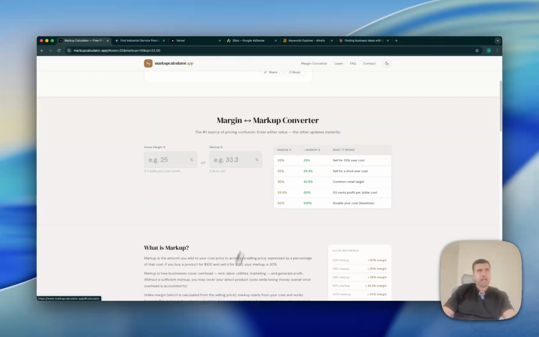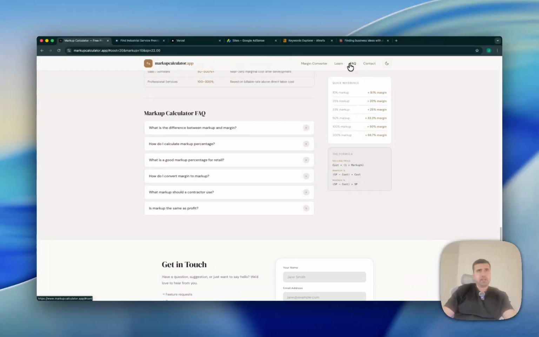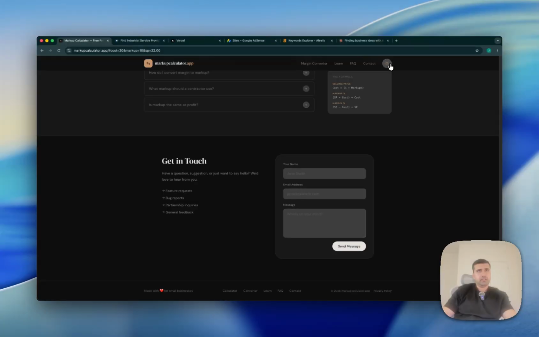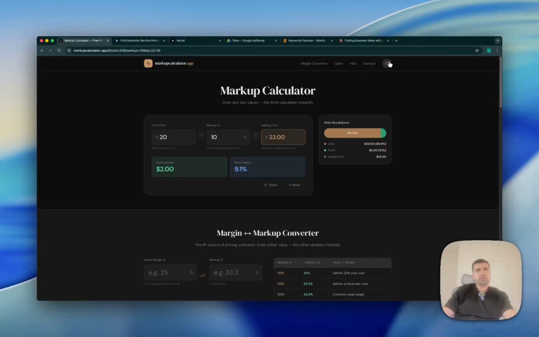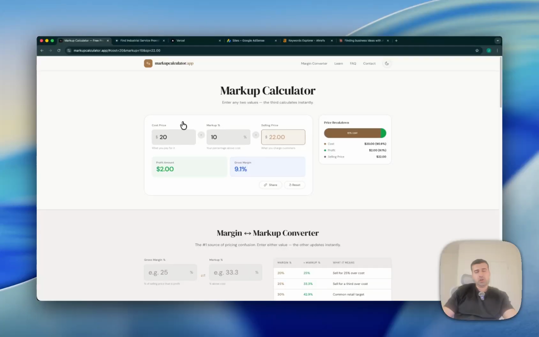Yeah, so it has everything: calculator, converter, FAQ, contact, light mode, dark mode, simple stuff. And it's a cool learning experience too. When you guys build these things, it's fun. And these simple things are easier to build than more complex stuff. Okay, and then the second thing